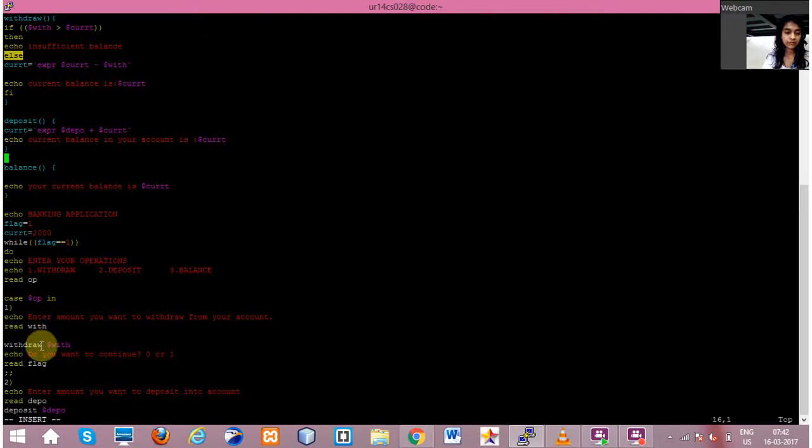So my function is withdraw. I am taking that variable from the user and giving that value to my function withdraw. Here I have defined the withdraw function, and then I'm checking if it's greater than my current value, then insufficient balance. My current value I have defined before the while loop, and its value is 2000. If it's greater than that, it will show insufficient balance, and if it's not, then the current value will be minus the withdrawal value, and then it will echo the